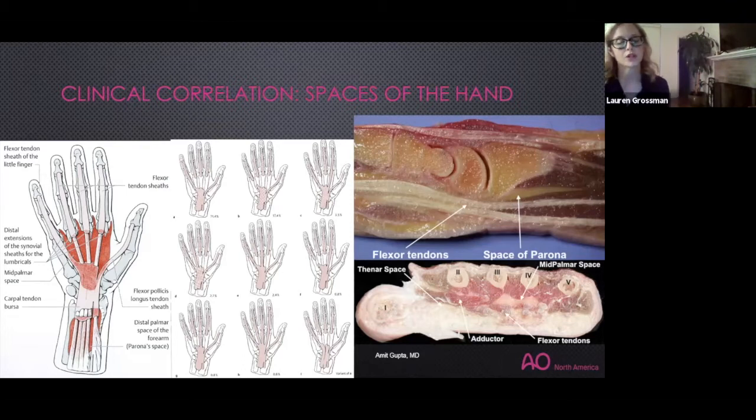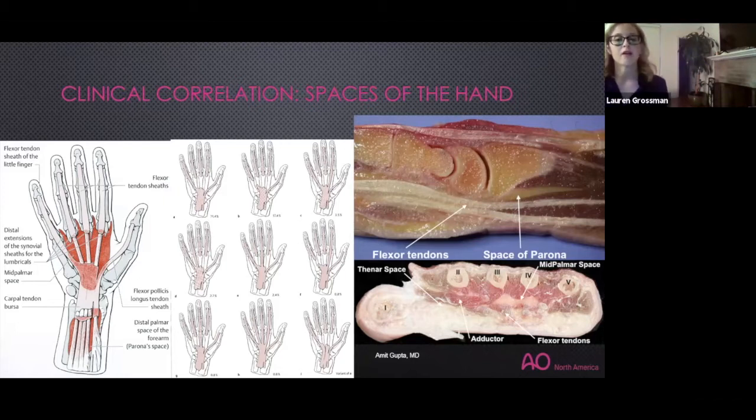What's important to note is that all of your flexor tendons have a flexor tendon sheath. These sheaths all can get infected. The first and the fifth commonly are connected, and you can end up with what's called a horseshoe abscess. When you have a patient who's complaining of pain, inflammation all along the area of the palm that goes all the way from the small finger to the thumb, but the other fingers are not included,